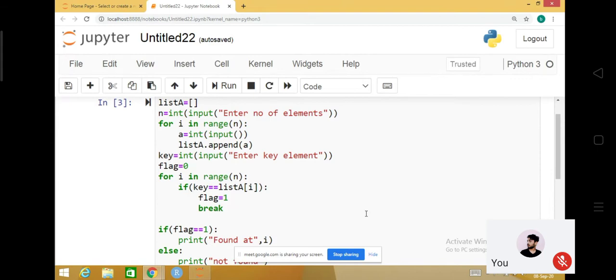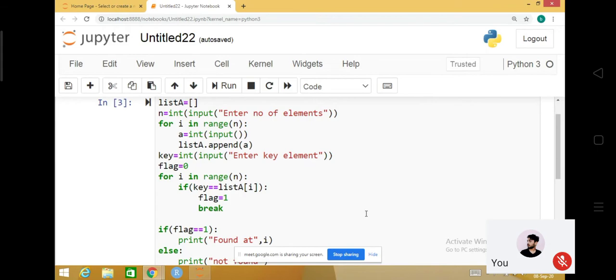But if anyone asks what the time complexity of linear search is, time complexity does not depend on the machine or the programming language. Time complexity is a concept based on the algorithm. So if you want to share, that would be good, then I can make you understand it.